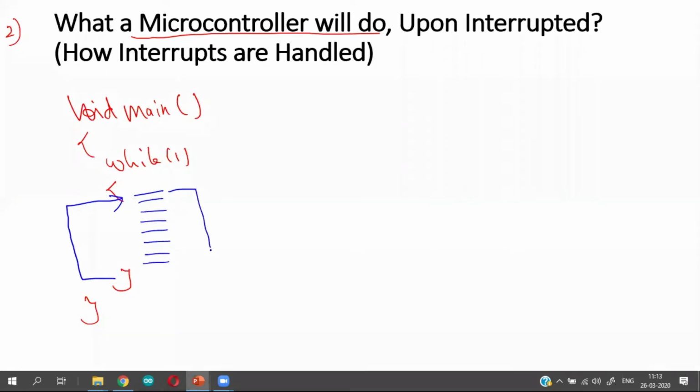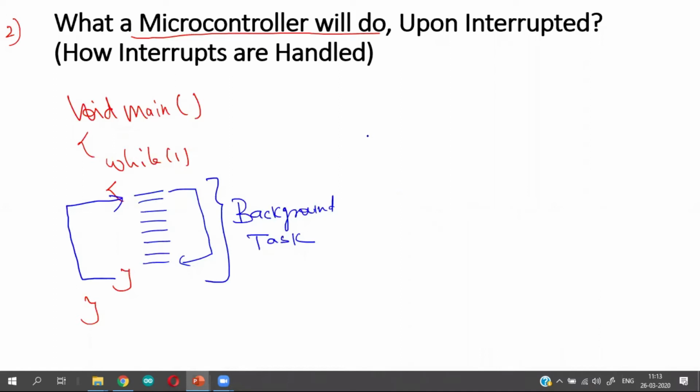So it is executing the code over and over again in a cyclic process. This task which a microcontroller is executing again and again is called a background task. Background task means a microcontroller performs that particular task under normal cases.